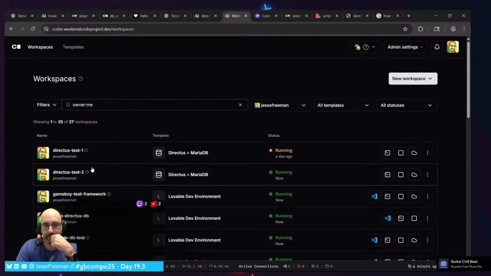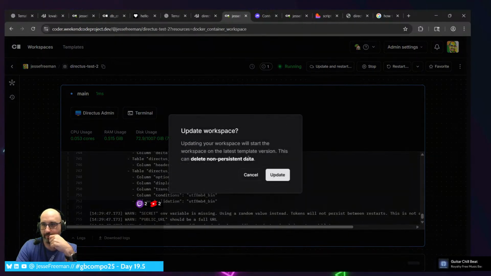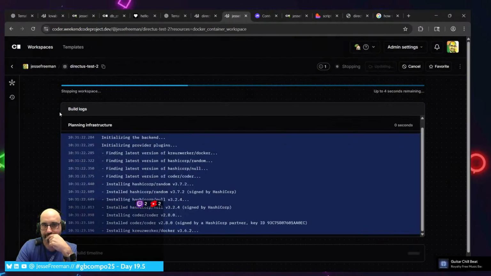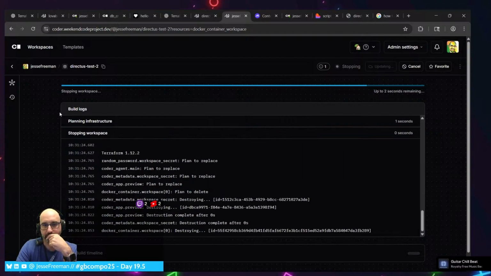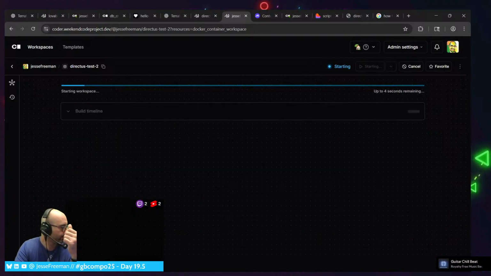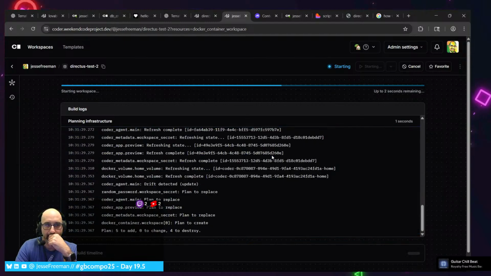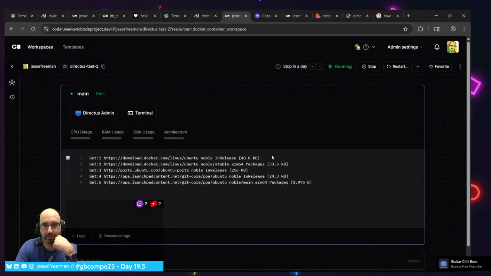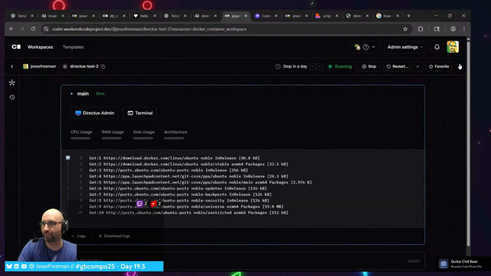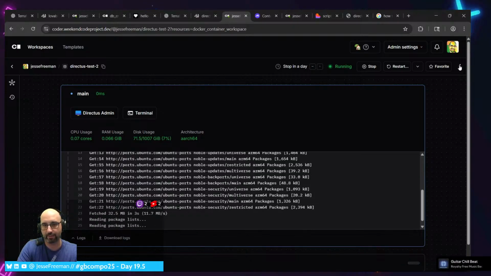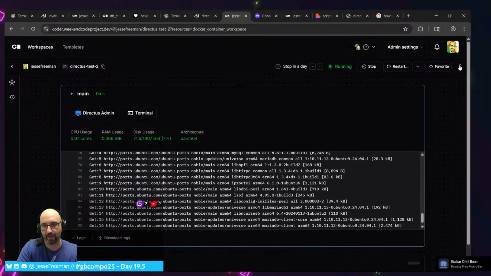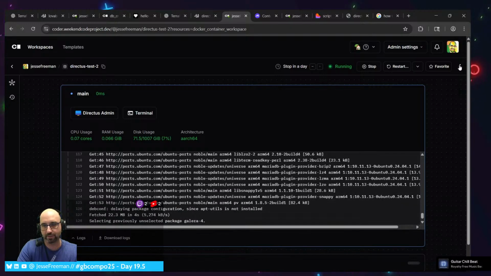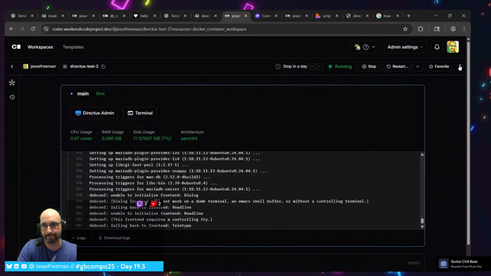Now we can go back here and we will update and restart. And this will give us the default value. Let's see when it stops doing its thing.